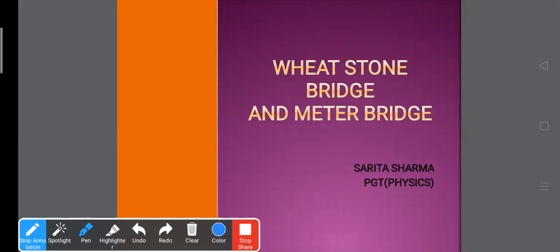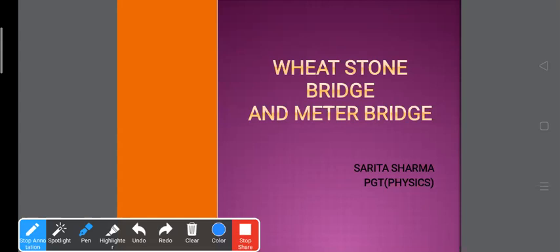So Kirchhoff, a German physicist, in 1842 put forward a set of two rules, right, which provide us the technique to analyze or handle the complicated circuit. So what were these rules? The first law of Kirchhoff stated that the algebraic sum of currents meeting at a junction in an electrical circuit is always zero. We have already discussed it in the previous video. That means the sum of incoming current is always equal to the sum of outgoing current at a junction, right?